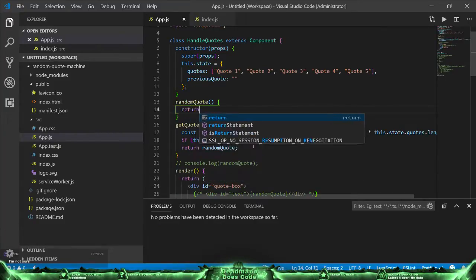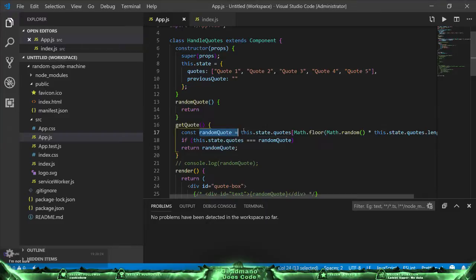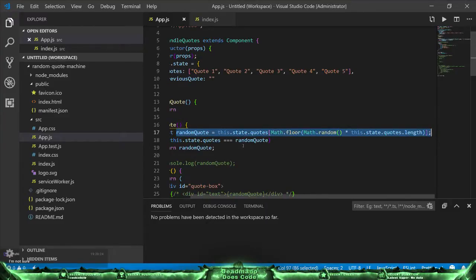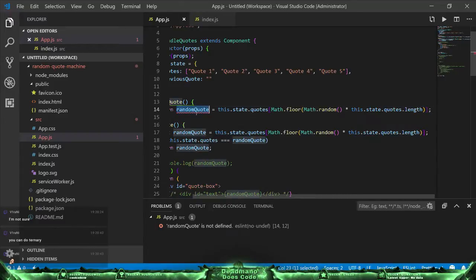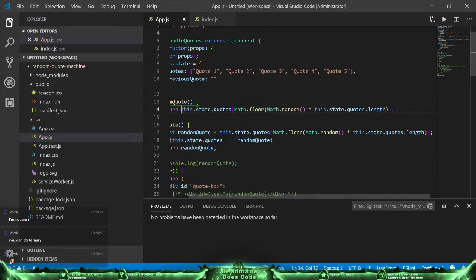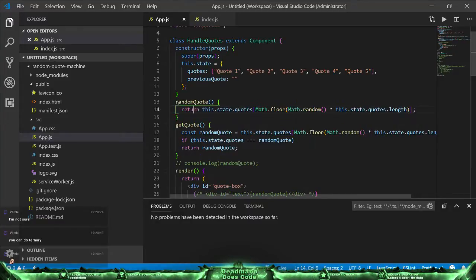But this is going to be called random quote, and it's going to return that. That's all it's going to do. So it's going to return this.state.quotes. It's going to get a random quote basically. We call that get random quote. Then this needs to be renamed, but what that's going to do is basically